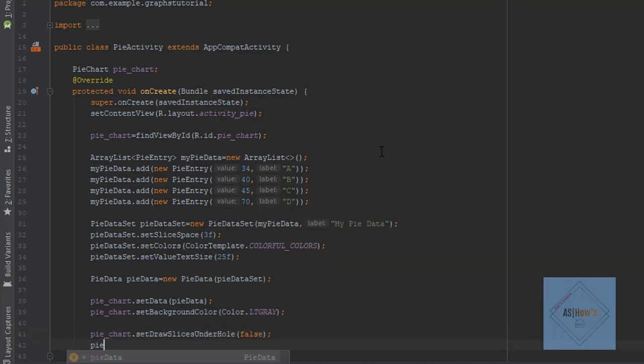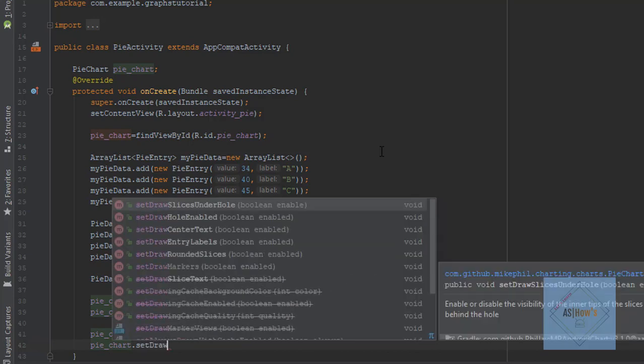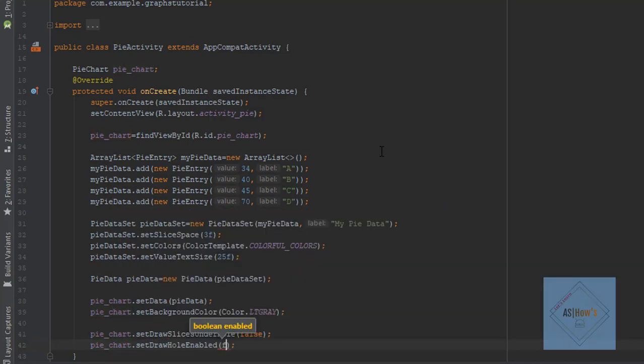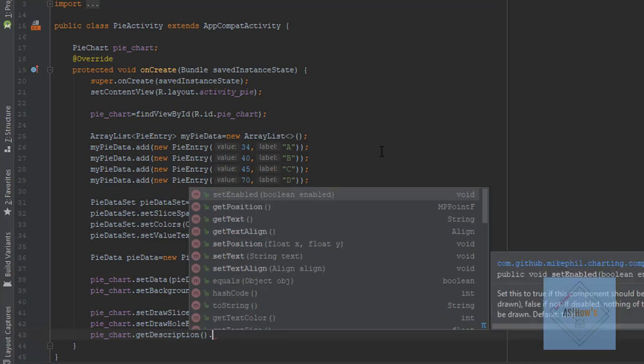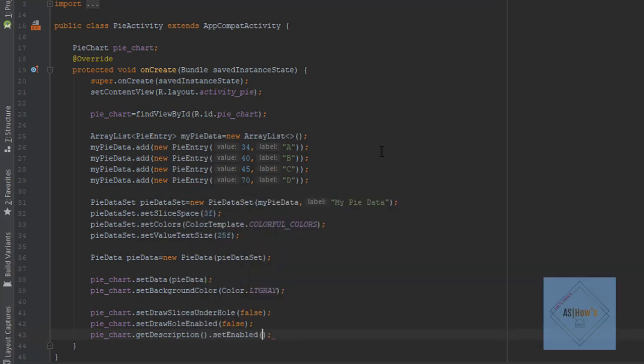And similarly I will again write here pie_chart.setDrawHoleEnabled, and I will give it the value false. Next I will write here pie_chart.getDescription, and actually I don't want to display the description on my pie chart, so I will write here false.